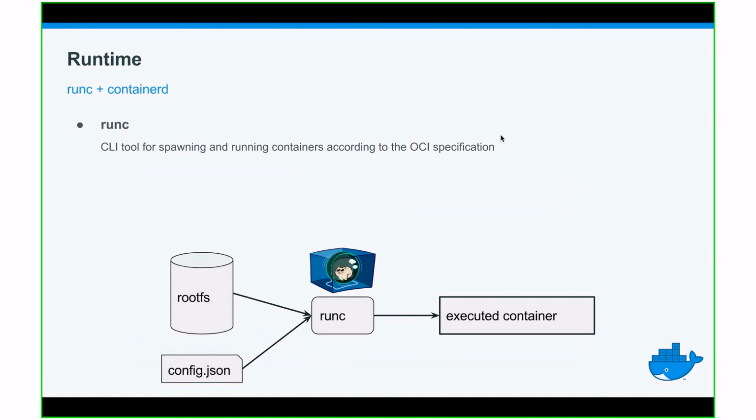And from the bottom up, the simplest part and the bottom part is runc, which is a command line tool to spawn and run OCI compliant images. OCI compliant images, you ask, that's just a root file system, so a directory, and some JSON to explain to runc what to do with this file system that you presented to it. So if you do runc start, runc some command, and you point it to the config JSON, it will instantiate a container, and then you can do stuff with this container. And it will be an interactive process.